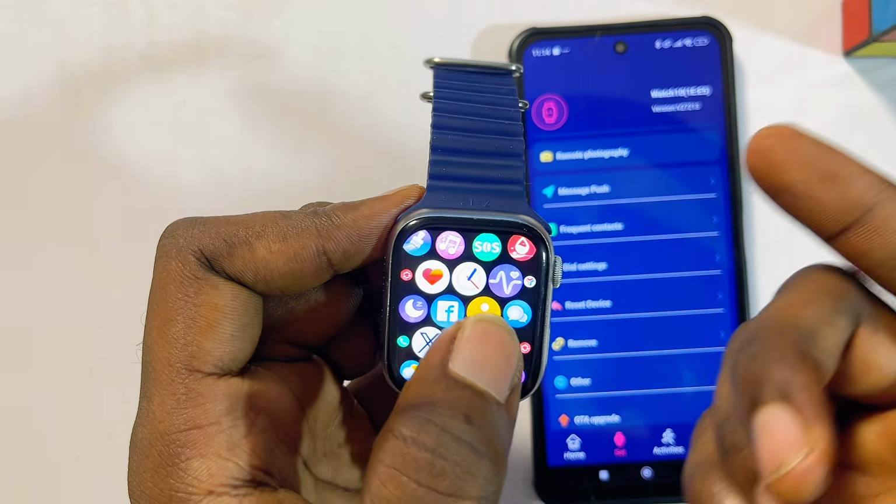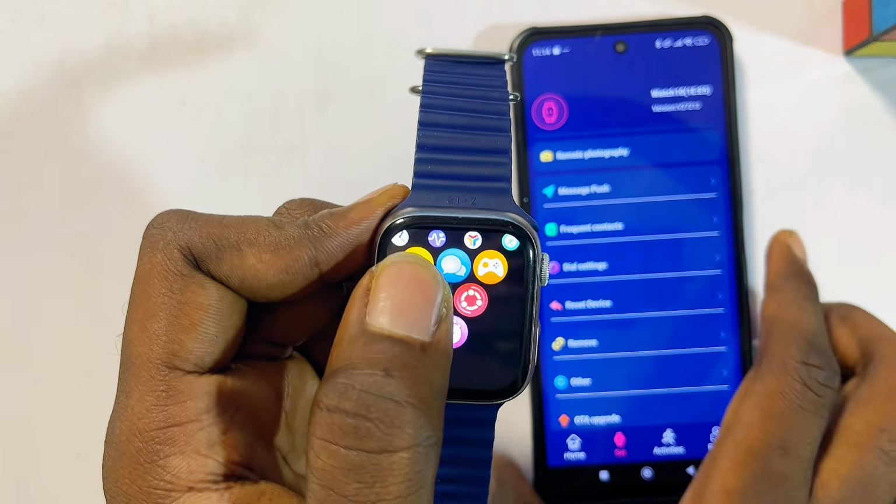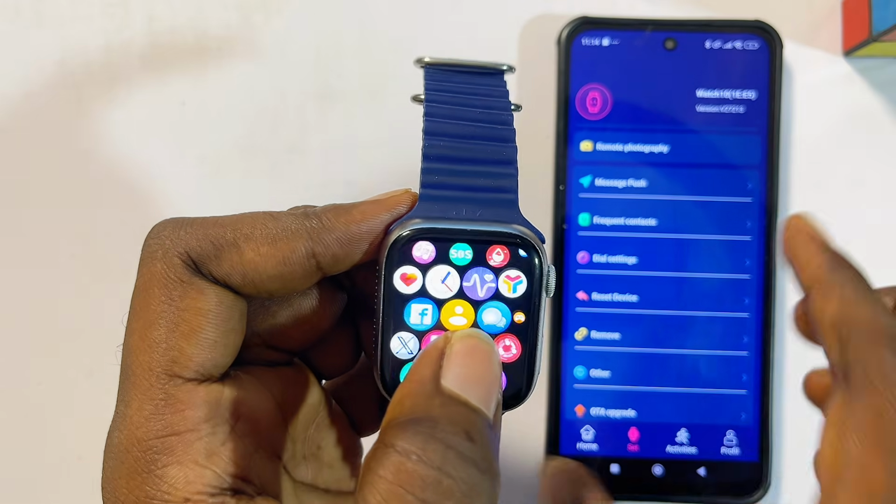You cannot download and install more apps and games using the HiWatch Pro smartwatch app or even from the HiWatch